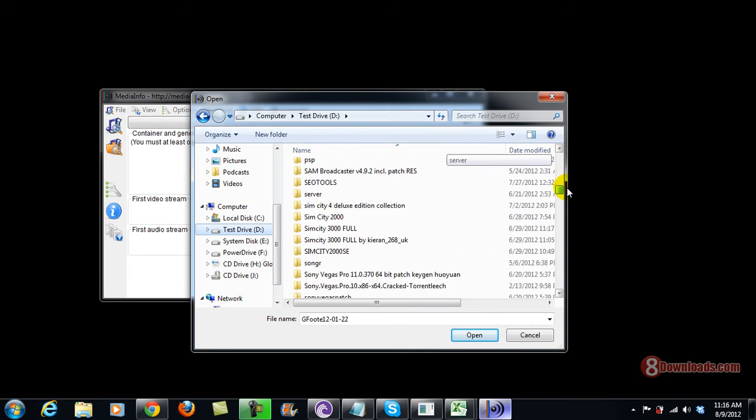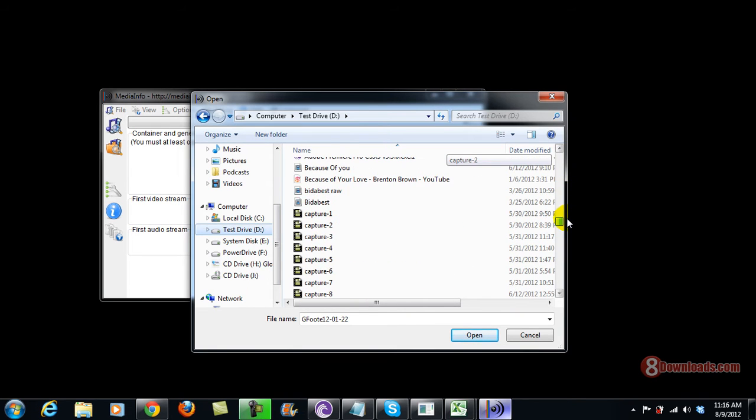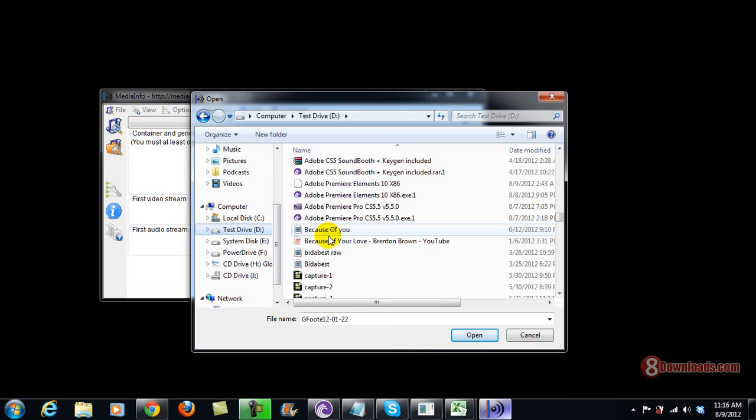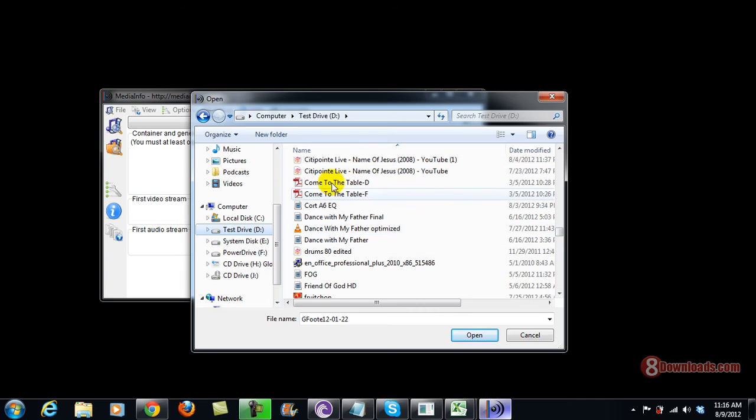If you have Windows 7, or of course if you have Vista, the moment that you scroll in here, it will indicate already the video type. Like as you can see here, it's an MP4. But sometimes you want to know more about what MP4 that was. So all you have to do is just go ahead and try to click that out, or maybe this one.